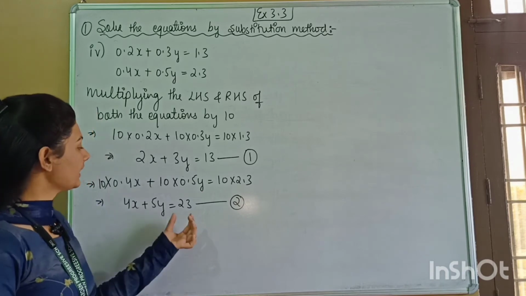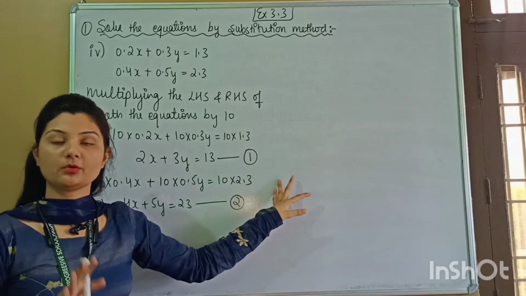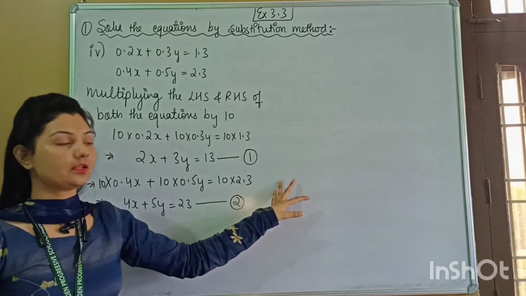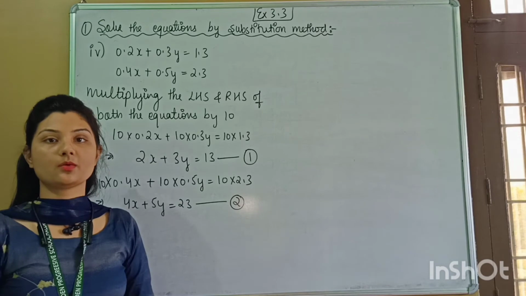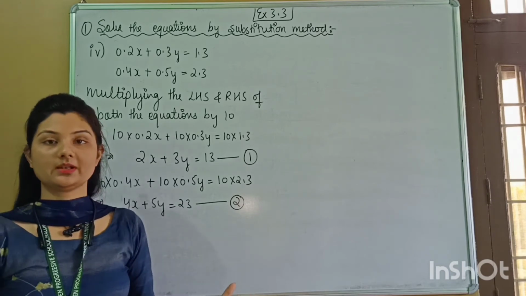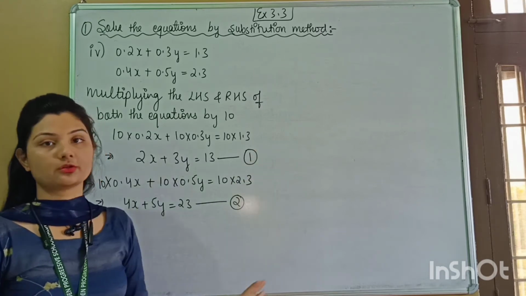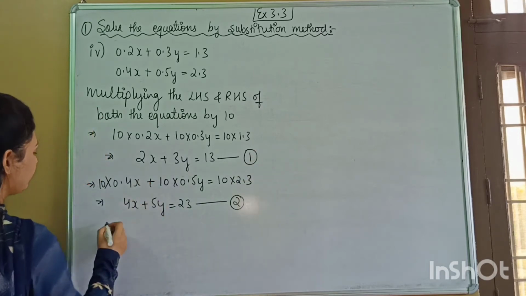You can also take out the value from equation 2 and put it in equation 1. But remember one thing: don't put the value in the same equation from which you have taken it out. ठीक है, जिस इक्वेशन से आपने वेरिएबल की वैल्यू निकाली है बस उसमें नहीं पुट करना है, in another equation you have to put. So now from equation 1